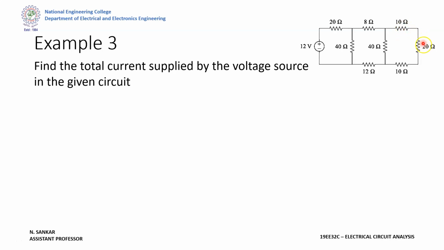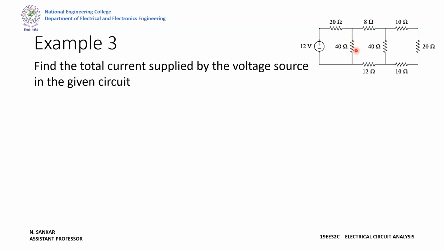Okay, let us try once. Here 10 plus 20 plus 10. Sorry, all three resistors are in series. Then 10 plus 20 plus 10 is 40. This will be replaced by a single resistor which will be parallel to 40. 40, 40 parallel, that is 40 by 2, equal to 20. Again, this 40 ohm should be replaced by 20 ohm. Then 8 ohm, 20 ohm, 12 ohm. So 8 plus 12 plus 20 should be equal to 40. All these three resistors should be replaced by a single resistor of 40 ohm. Again 40, 40 parallel, so 40 by 2, that is 20. So this should be replaced by a single resistor of value 20 ohm.